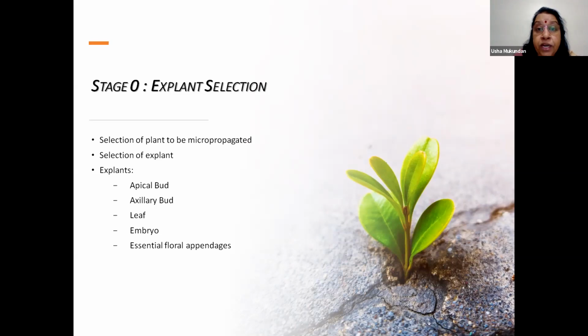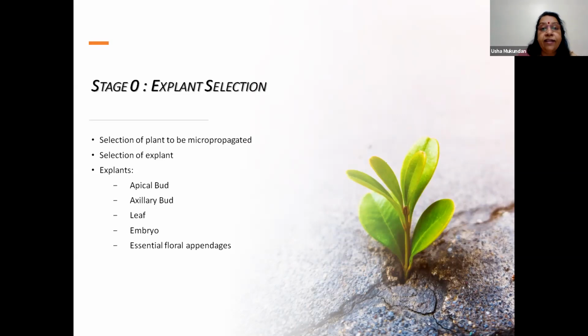They have a prominent nucleus because they are still dividing, and these are the ones which will be differentiating into different tissues and organs of the plant. So explant can be any of these meristematic regions, apical or axillary. It can be leaf, it can be cotyledons. The cotyledons also give very good results.